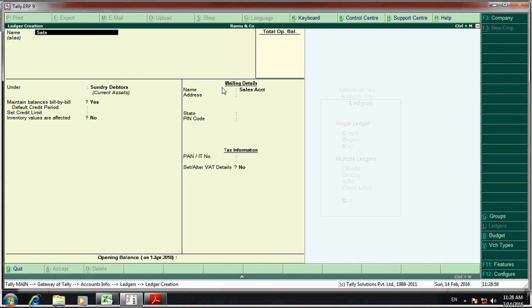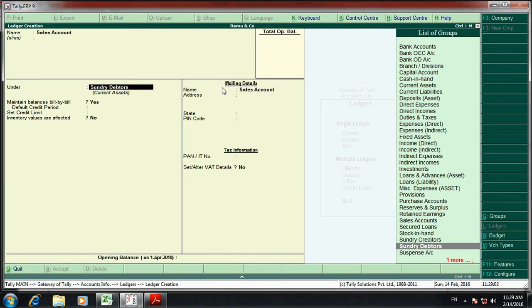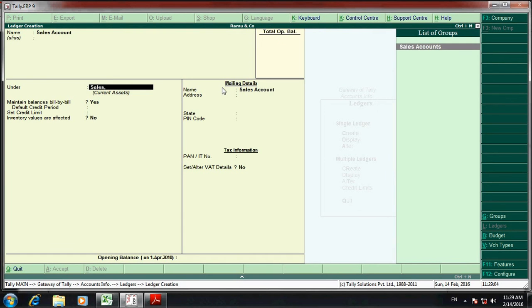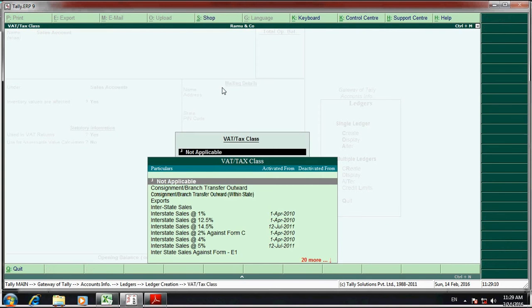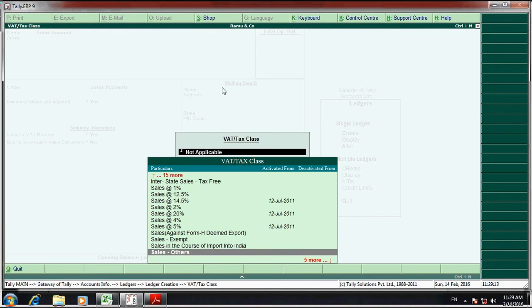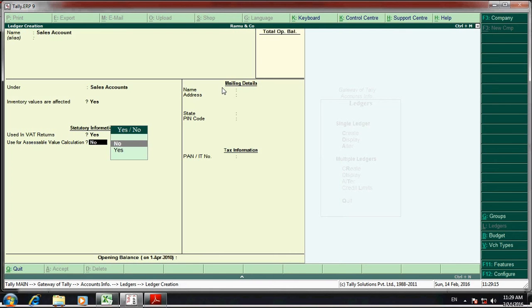Sales account. This comes under sales accounts. Use VAT returns, yes. Then VAT class is sales 12.5%.